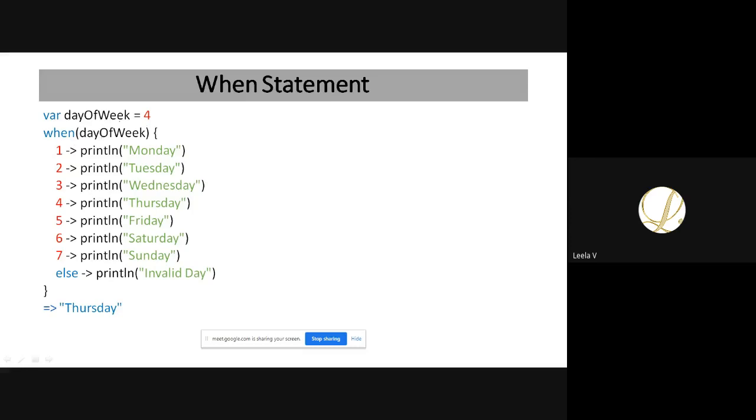So when searches the cases sequentially: first case 1, next case 2, case 3, and finally it matches case 4. So it executes println Thursday and prints the value Thursday. If none of the cases match, it will move to your else part. So this works the same as a switch statement.